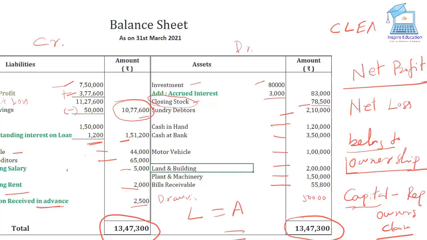From that concept also it is clear, na? Asset, liability, and all these things. Net profit is your liability. You have to pay to the owner. That amount you have to pay. Though the business has earned the profit, the business has no right on the profits, because the owners have the sole right. Or if there is loss, the owners will bear the loss. Only on that concept, the net profit is added to the capital. Okay, sir. Thank you.